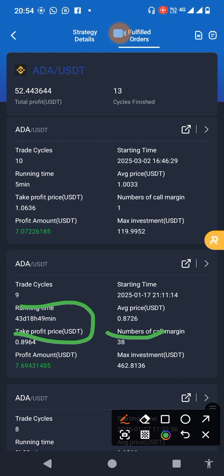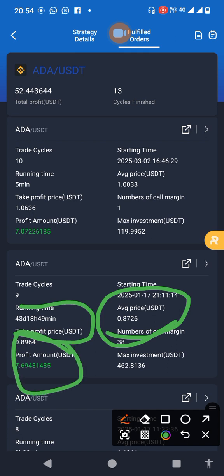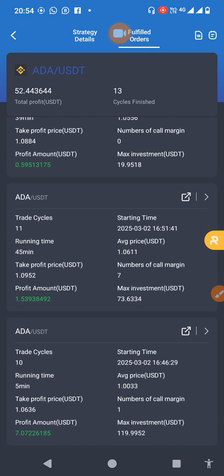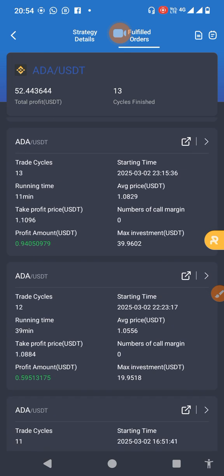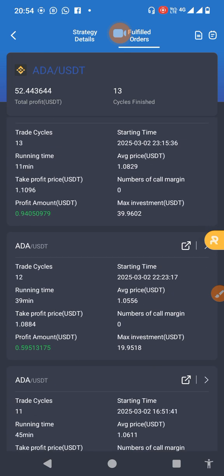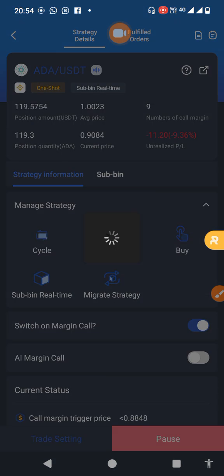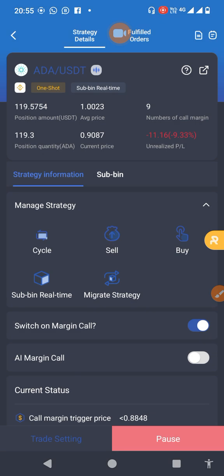Look at the average price that I was drawn to. Okay, and then the current price of the coin was even at 0.6. Okay, so when the coin did a pump of about 72%, I came out of it, and look at the profit I made on it. That same day I entered the coin again, and look at the profit I made on it. So dealing with floating losses by manual replenishment and also by opening more margin calls is the easiest and the nice way to come out of the market and make more